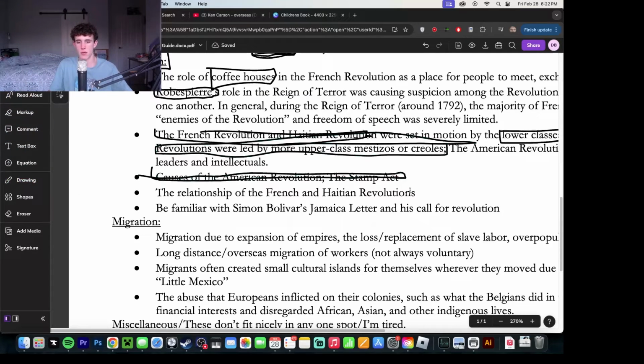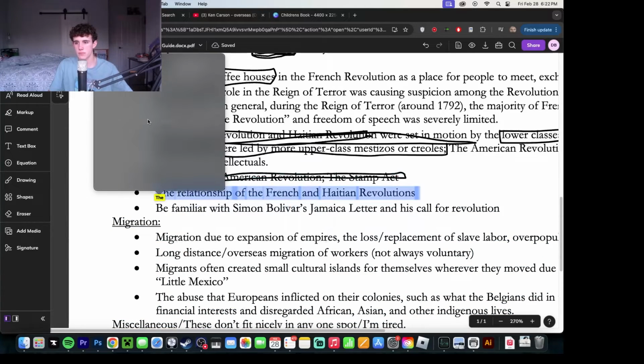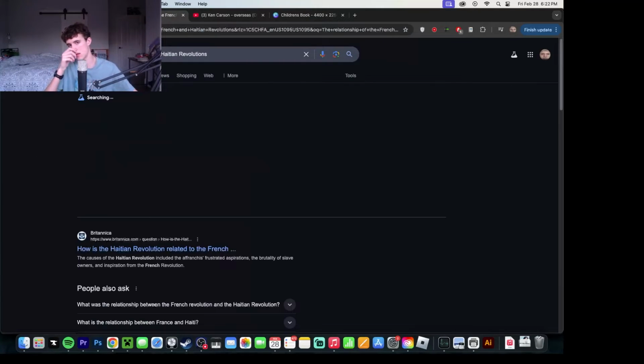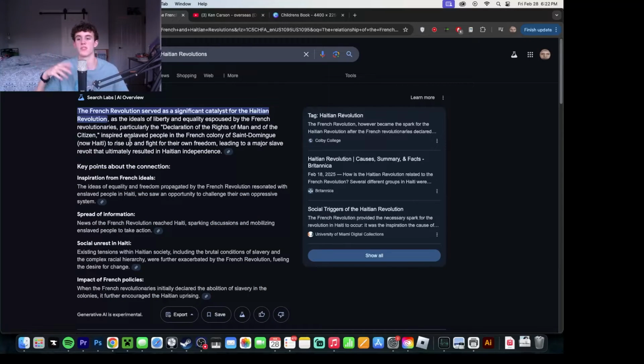So, the relationship between the French and Haitian revolutions. As we said, they were both caused by lower class people. And the French Revolution was a catalyst for the Haitian Revolution. So if you don't know what catalyst is,